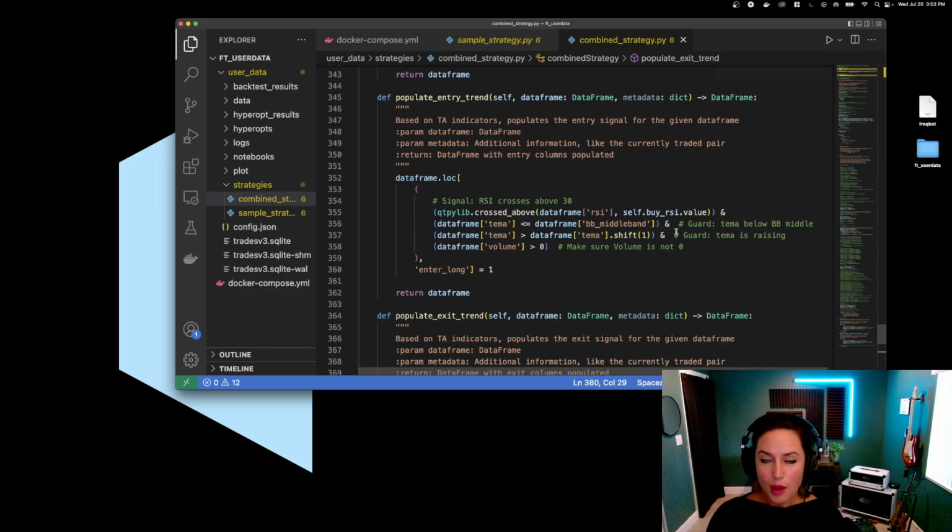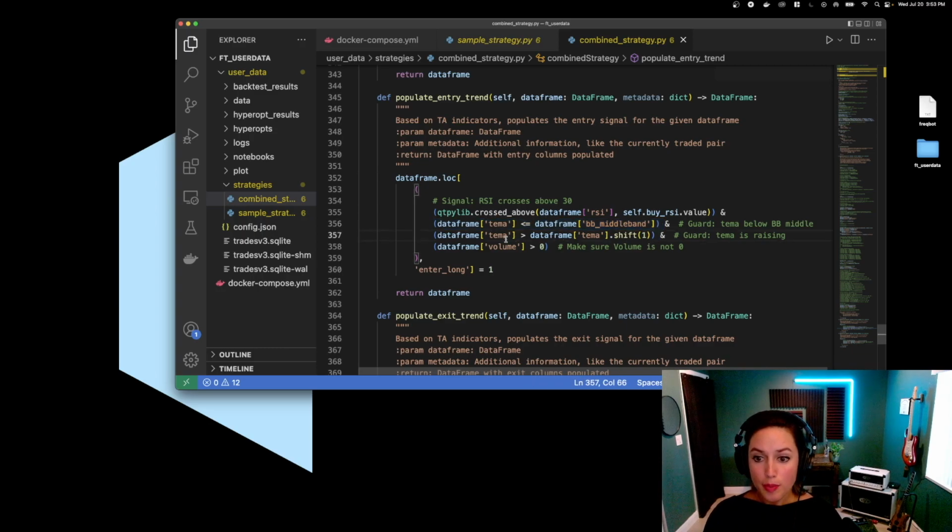Okay, so I would like to read to you this logic so that we can toggle and tweak this to our liking, and so that you feel a little bit more after the end of this video that you have learned something about the logic in our strategies. So real quick, the first line of code here is saying that when the RSI crosses above 30, so typical trading wisdom tells us to buy when the RSI is below 30, but we want to see an upward momentum. So when the RSI crosses above 30, that's seen as a bullish indicator, and the triple exponential moving average of our current candle is less than or equal to our middle Bollinger Band,